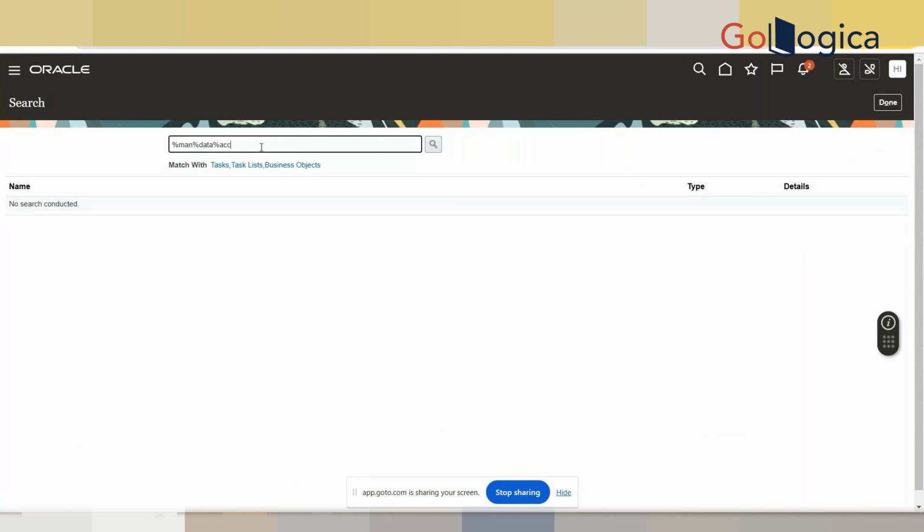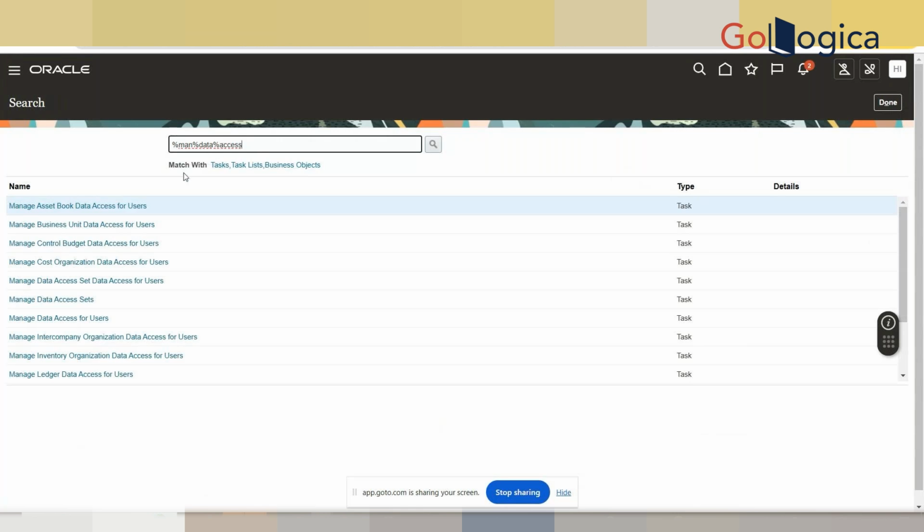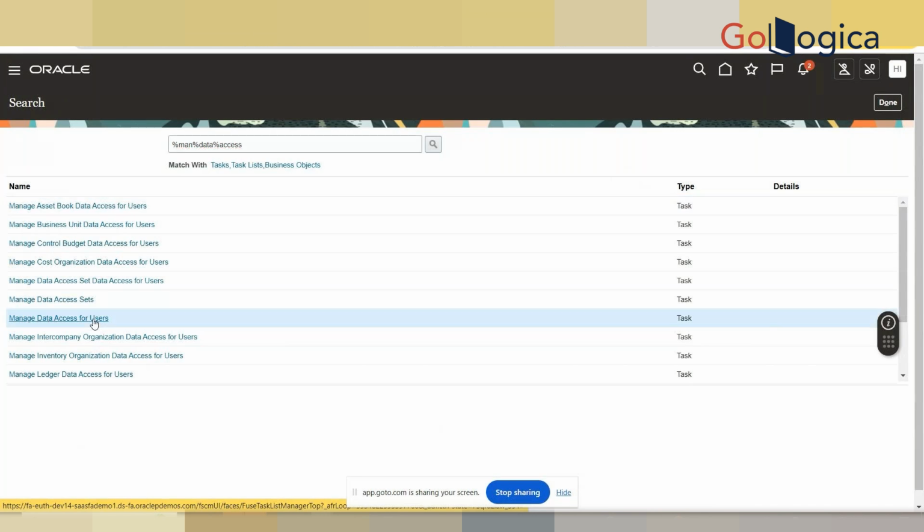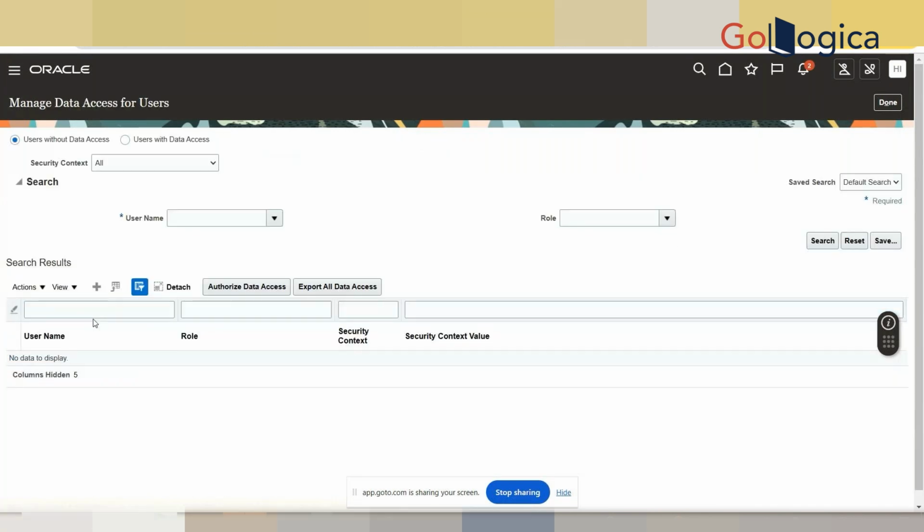Manage data access. We'll click on search, enter. Once we enter, there is a function called manage data access for users. In the previous step we have given the roles. For those particular roles, in this page we are going to give the data access. Now if I want to check the existing data access for the users, I can just click on users